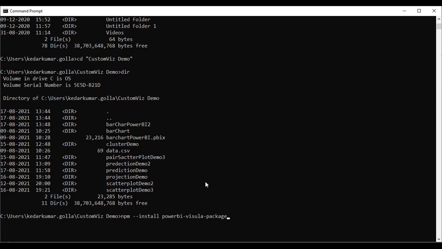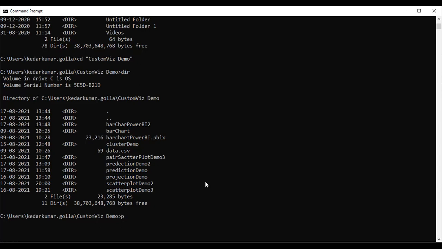I have already installed the Power BI Viz package, so I don't want to disturb the old setup. I'm not running this, but you can find these commands in the Power BI custom visual documentation in the Microsoft Docs. First, we need to create a Power BI visual package.